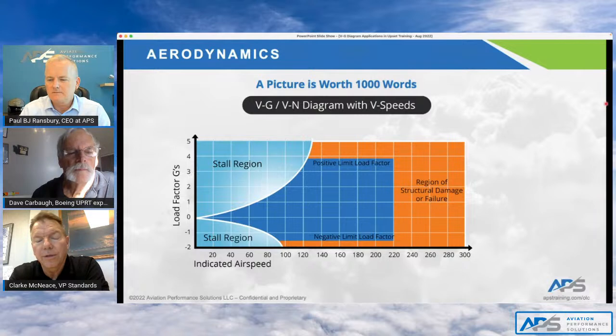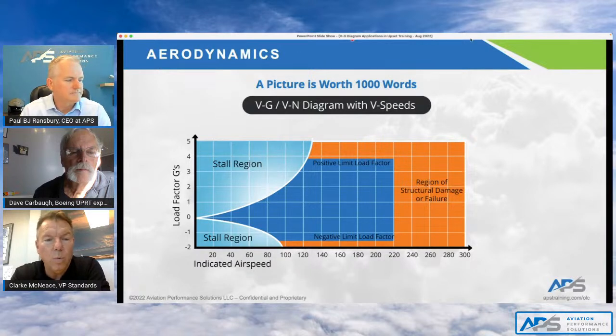Because this diagram is really best used in a dynamic format. It's designed to be used to plot where you are in the diagram, shall we say, second by second throughout either the upset or the recovery itself. And it allows you to see where you are, whether you're in the heart of the envelope or whether you're at the edge there. A lot of people call that dark blue area the normal